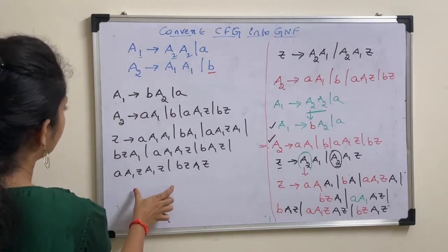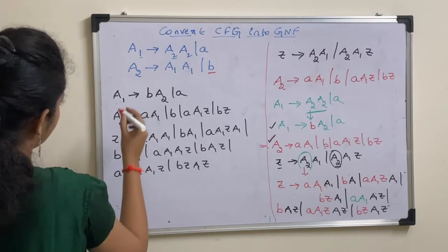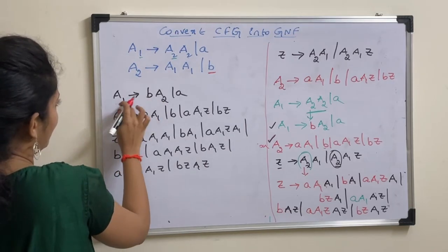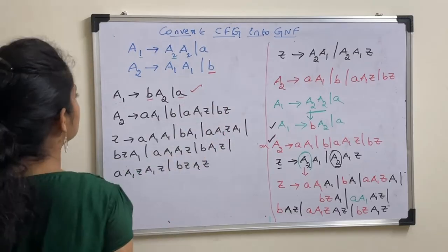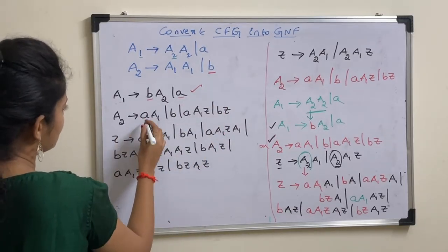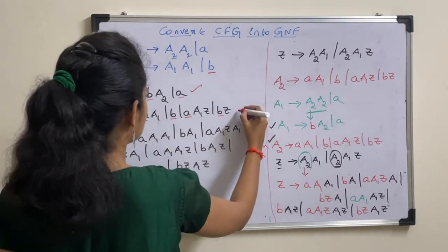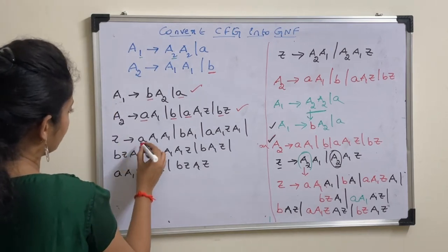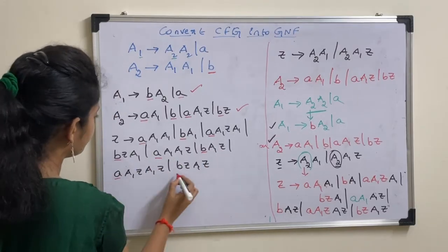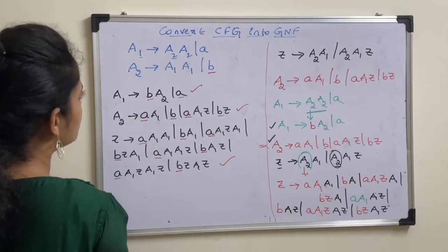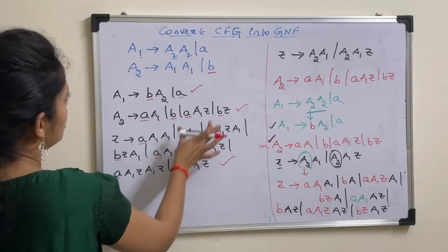Okay, so this is our new grammar. Now check whether this is satisfying the rules of GNF or not. See the first production. So here the RHS starts with a terminal symbol, here also. So this is fine. Next, in this case, terminal followed by non-terminal, terminal, terminal, terminal. So this is also in GNF. Next for Z, terminals. So every production starts with a terminal only. So this is also satisfying the rules of GNF. Now we can say that this obtained grammar is in Greibach normal form.